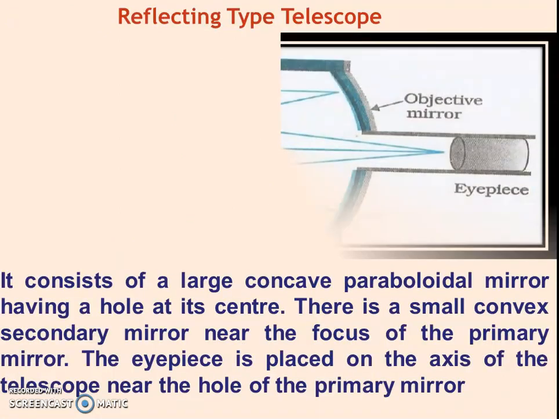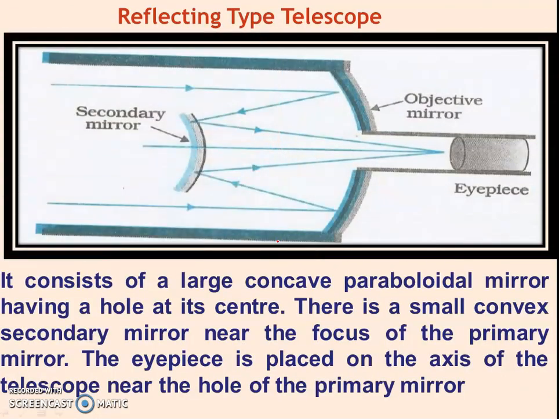Now another telescope. This is the Cassegrain type telescope. Now see, in the Newtonian type telescope, the eyepiece is situated at one of the walls of the telescope. Now see the position of the eyepiece. The eyepiece in the Cassegrain type telescope is here, right? And this is the objective mirror. This is also a parabolic concave mirror, right?